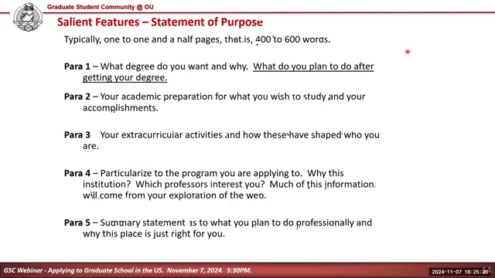This is not easy. So what I'm looking for here is you're telling me your intellectual quotient, that's through GPA and the GRE scores, your emotional quotient in terms of your extracurricular activities and how these have shaped you, and finally, your ability to synthesize, your ability to pull things together. So for a PhD student or to do any type of research, you need to be able to identify the gaps, figure out what has to happen, and then synthesize these things so that you can publish it.